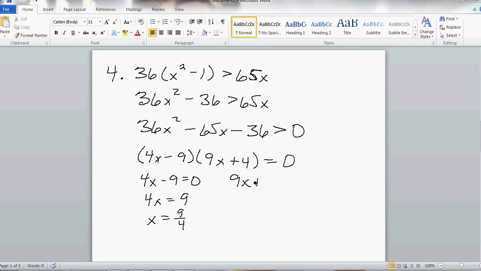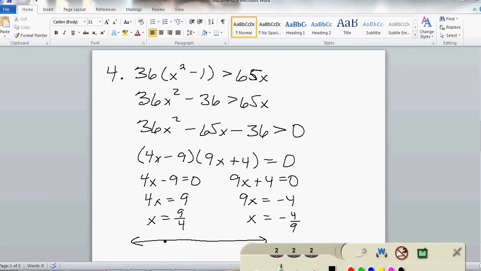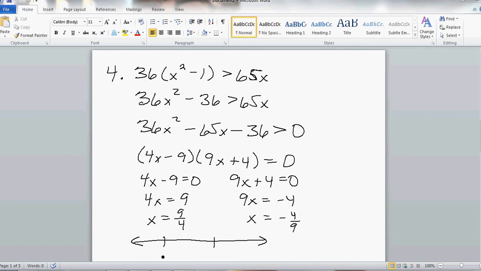Likewise, 9x plus 4 equals 0, so 9x will equal negative 4, or x will equal negative 4/9. And so I need to set,